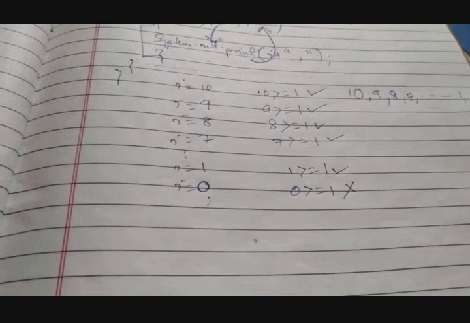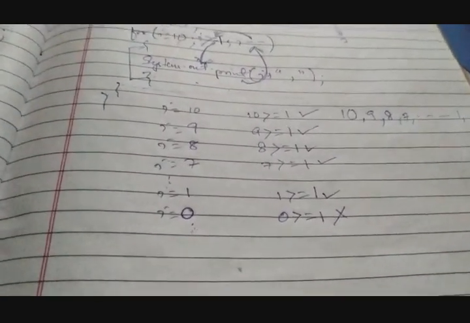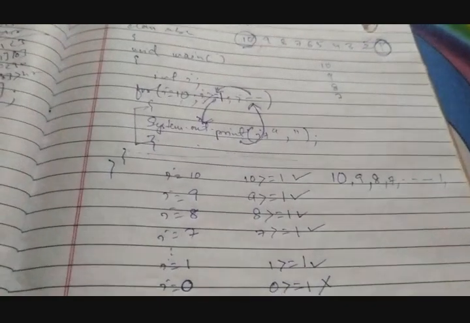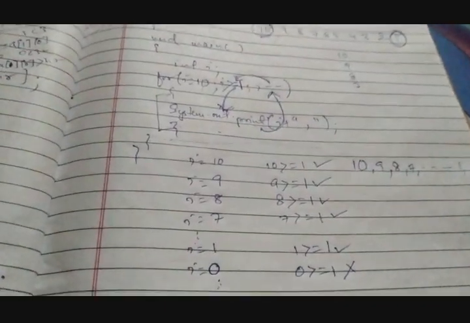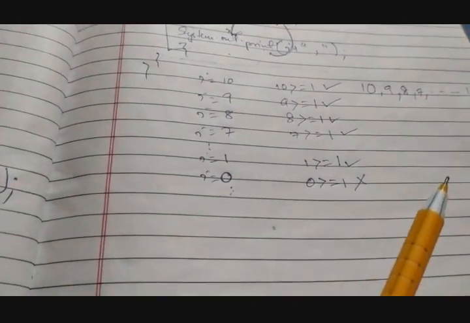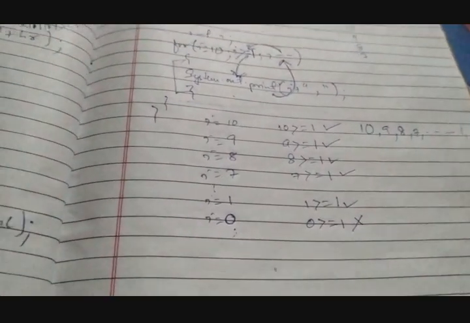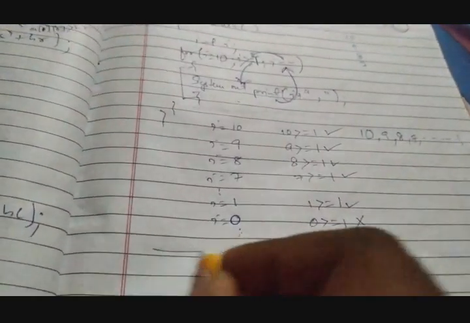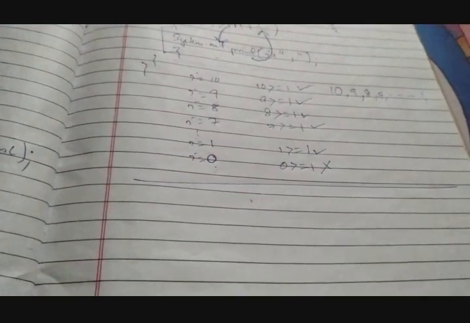Is it? So this is how it works, beta. This is how the program is being traced. This is how the program works. So you people have to keep this in consideration. Now let's move on to another one, so that the tracing is done again and it becomes easy for you people.